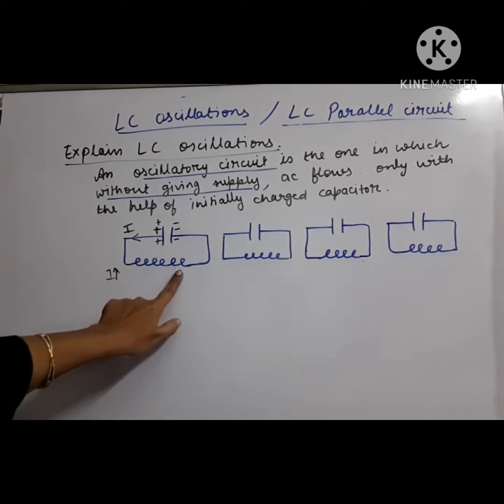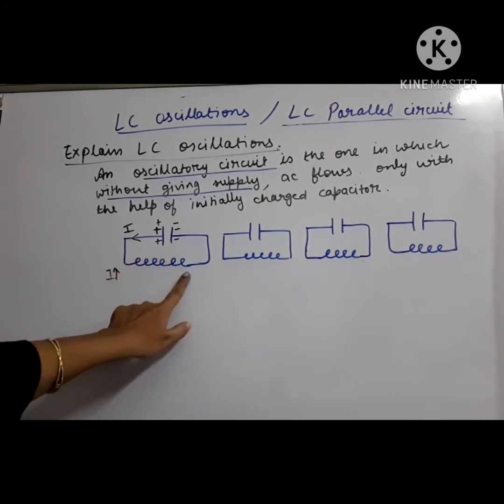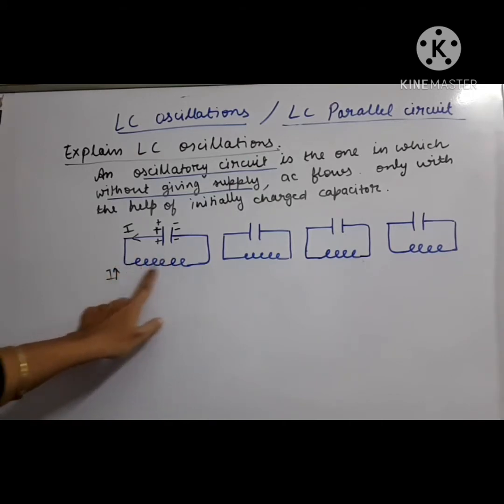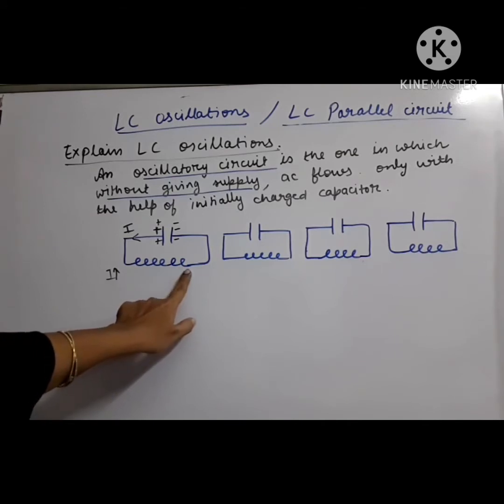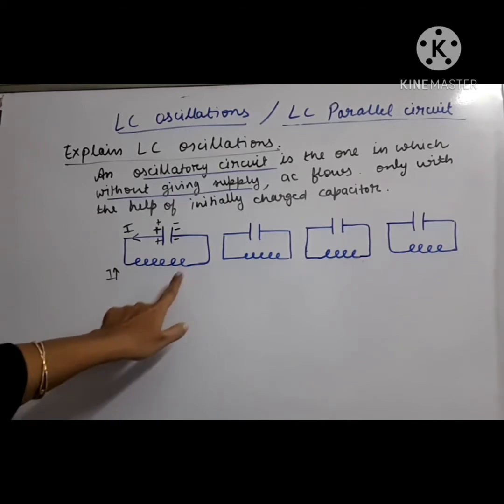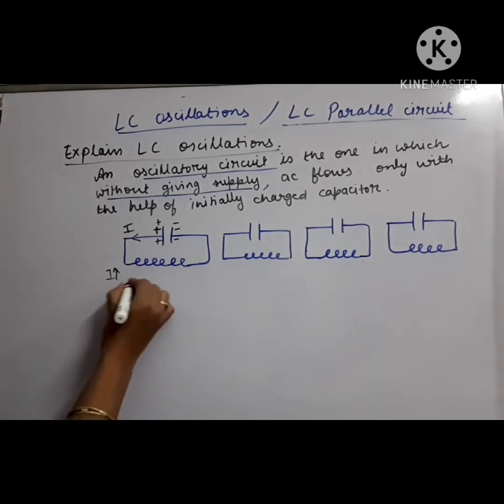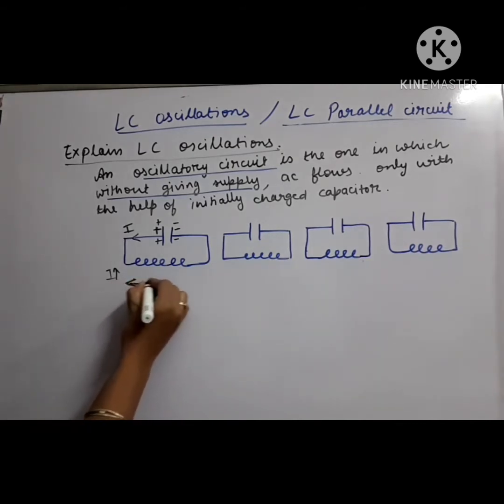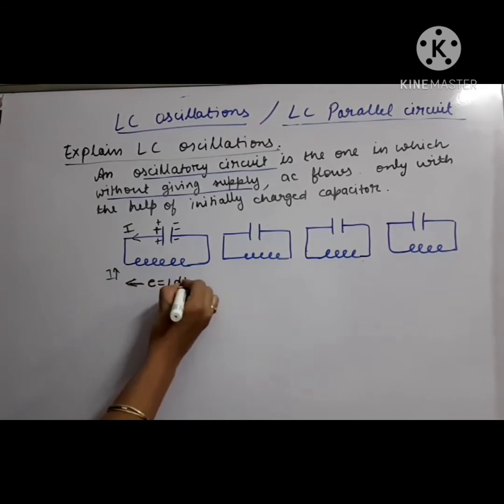Then by the phenomenon of self-induction, if an increasing magnetic flux is flowing in the inductor, an induced EMF will be produced, which by Lenz law will oppose the cause. So the induced EMF is generated across it. The induced EMF formula is L di by dt. So across the inductor, an induced voltage is now generated.